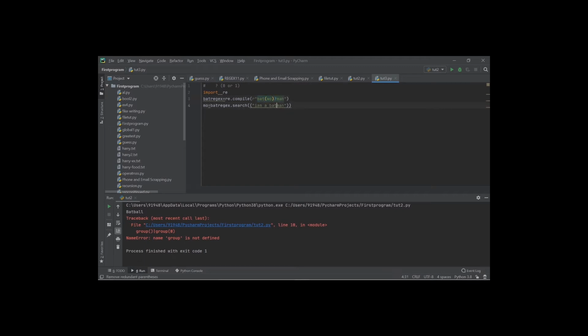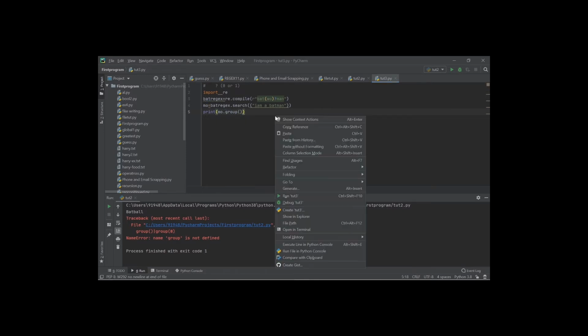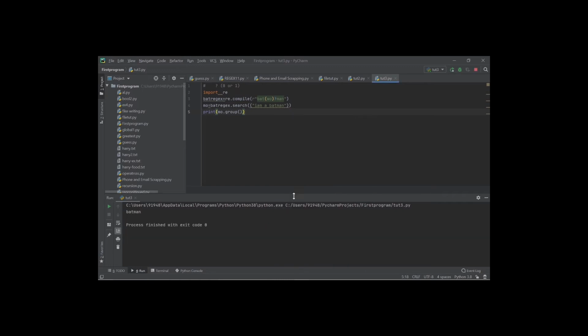So if I run this program, let me print mo.group(). Yes, let me run this program. Yes, Batman, 0 or 1 time.